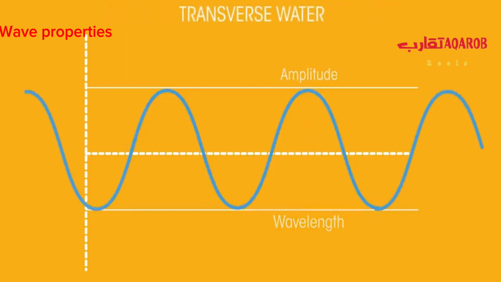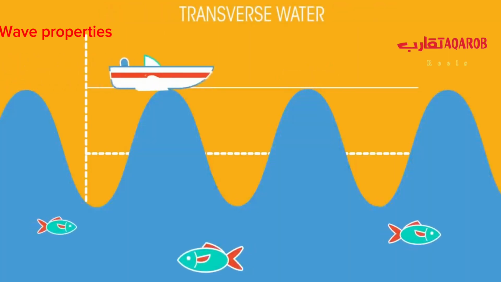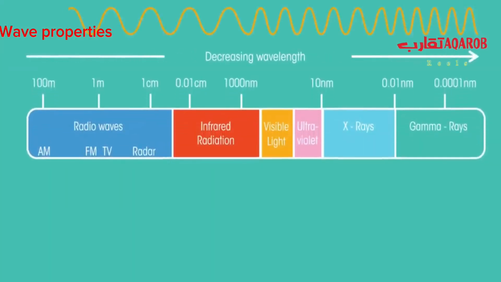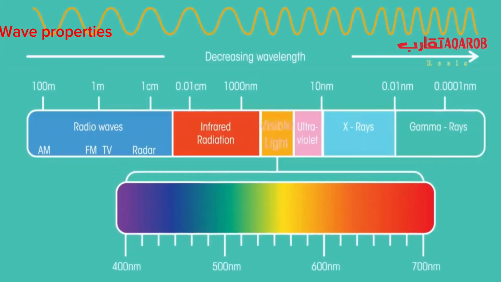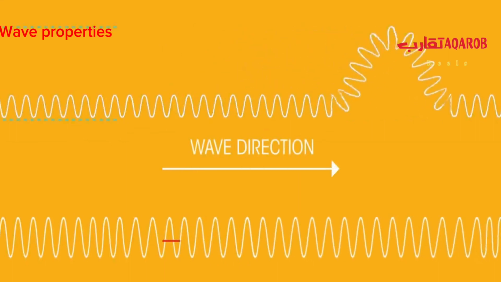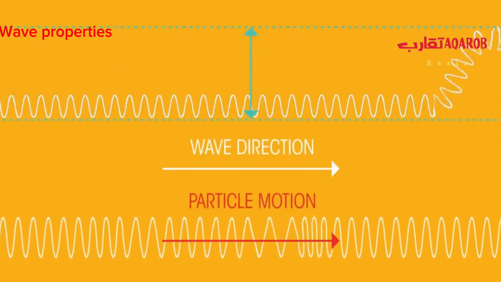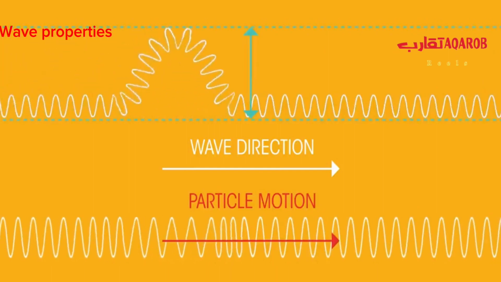The waves on the surface of water are transverse waves. They make the water surface go up and down. All types of electromagnetic waves, like visible light, are also transverse waves. So, now you should be able to describe the differences between transverse waves and longitudinal waves. Remember, it is the energy and not the slinky itself that